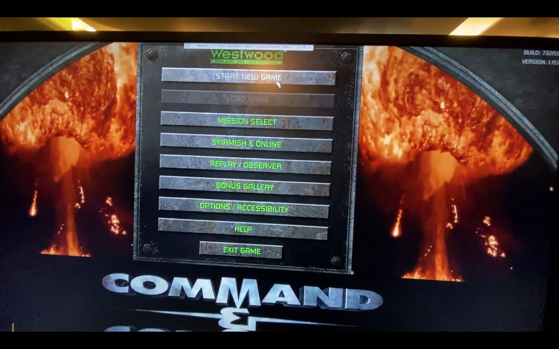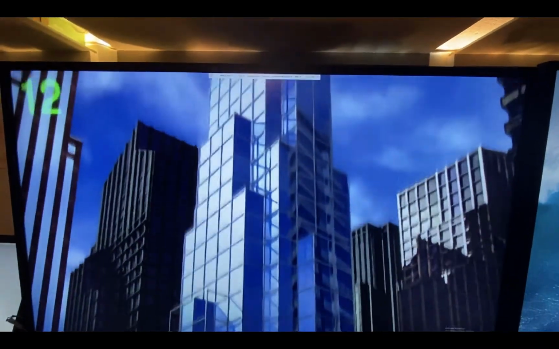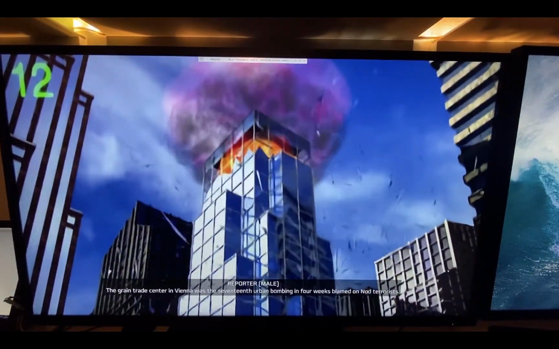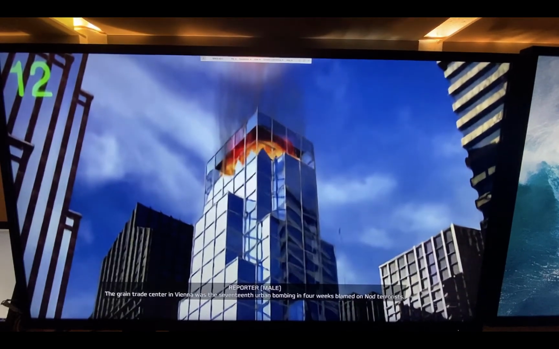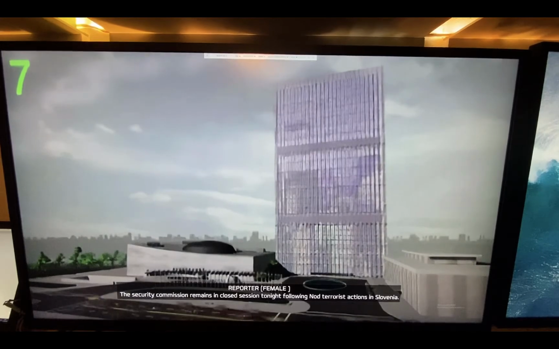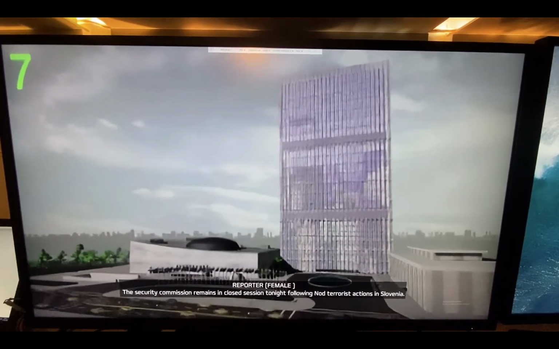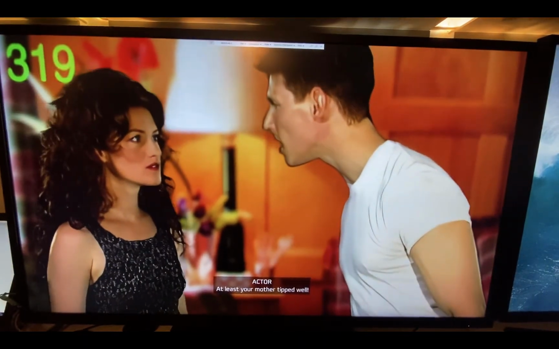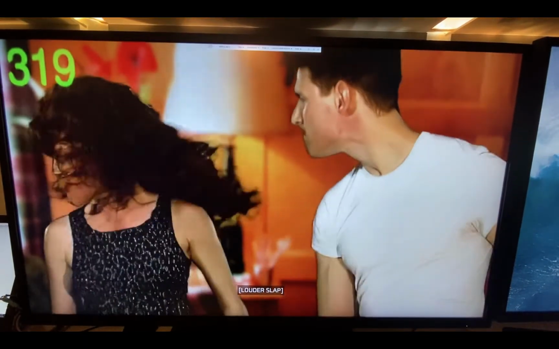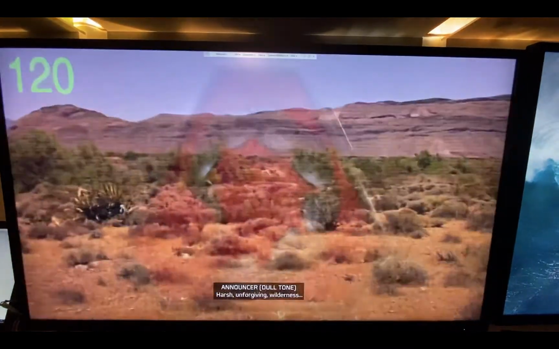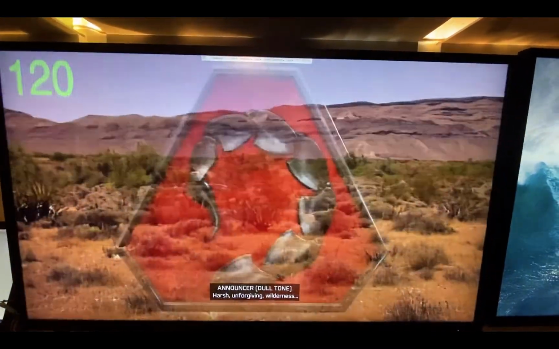Yes, let's do it. The Grain Trade Center in Vienna was the 17th urban bombing in 4 weeks, blamed on Nod terrorists. The Security Commission remains in closed session tonight following Nod terrorist actions in Slovenia. At least your mother tipped well. Gosh, we forgive